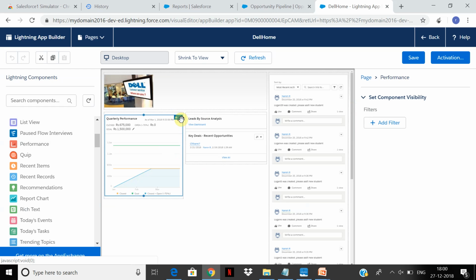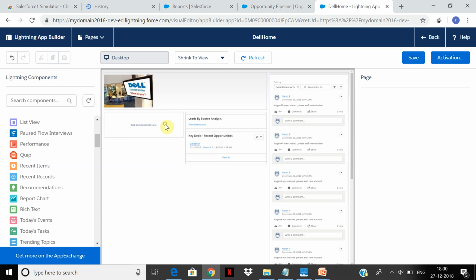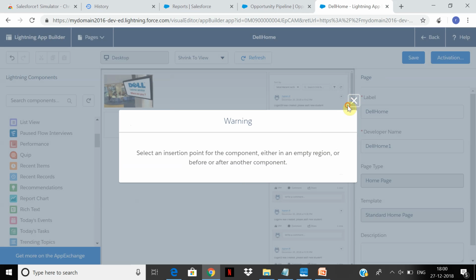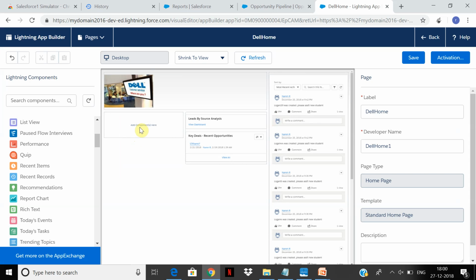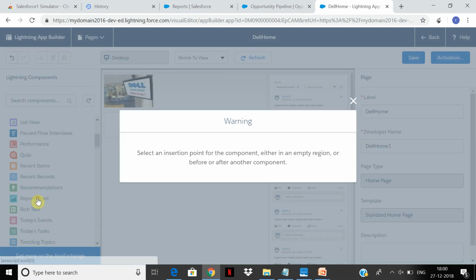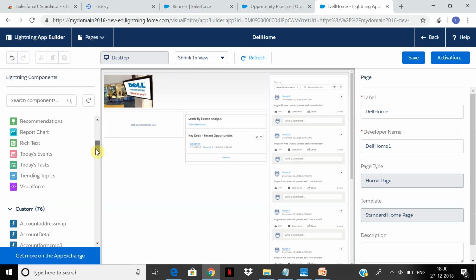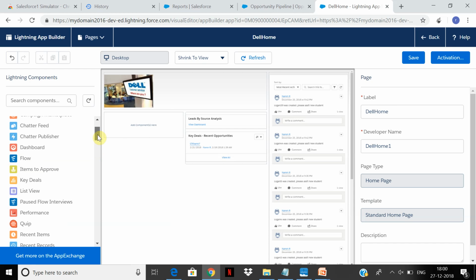If I remove this and click on report chart, there is some problem. So basically you can add it from here, but that's something we can see later. It's covered in detail in the homepage Lightning App Builder part of it.